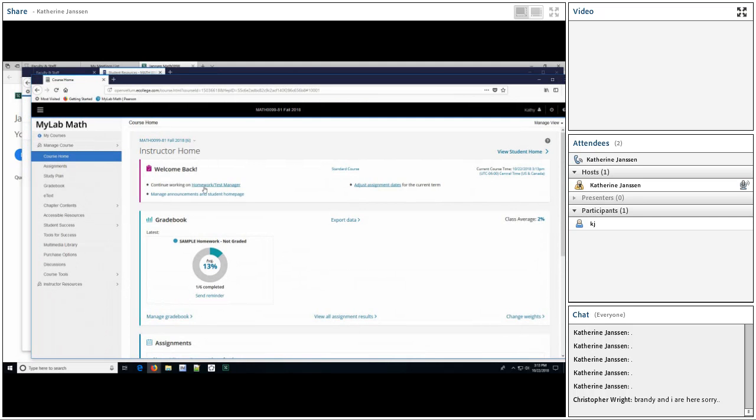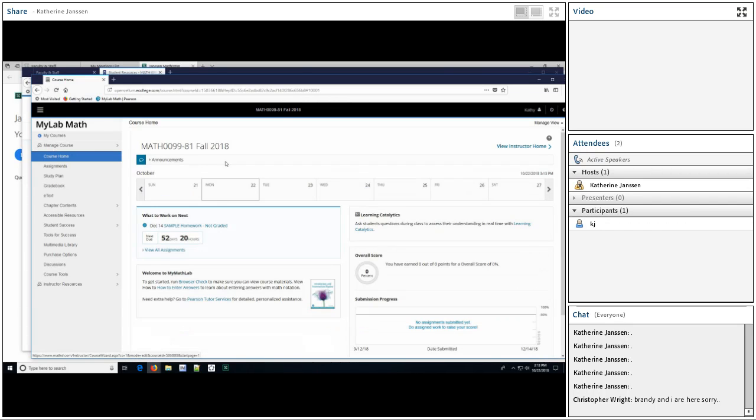So MyMathLab houses and maintains your homework, your tests, and many tutorial self-study resources. So we're at the home page of MyMathLab, and you're logging in now for the first time with your credentials.